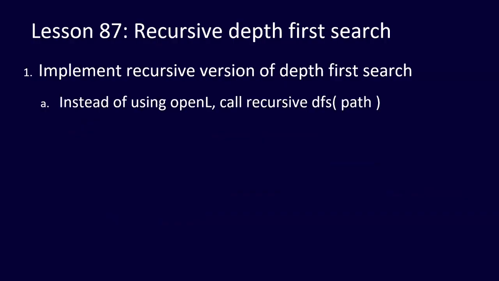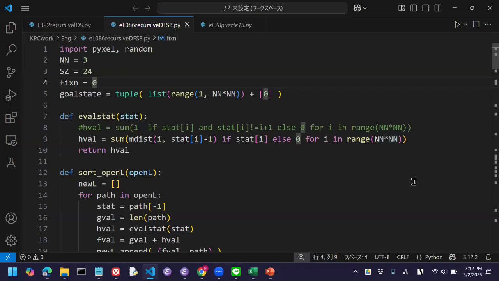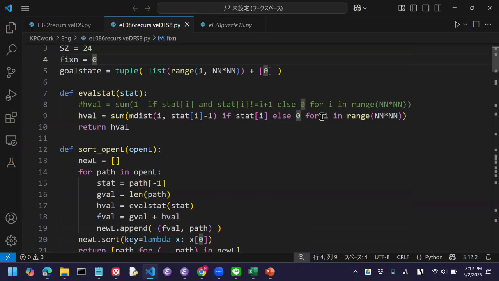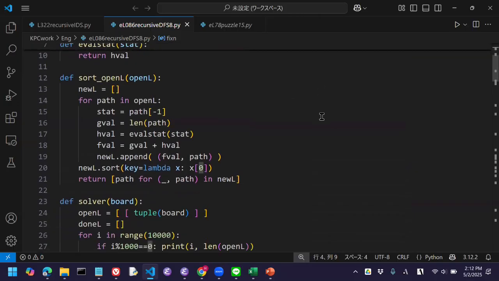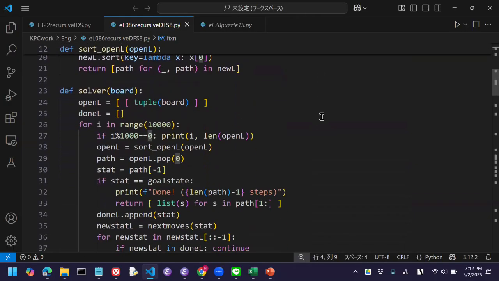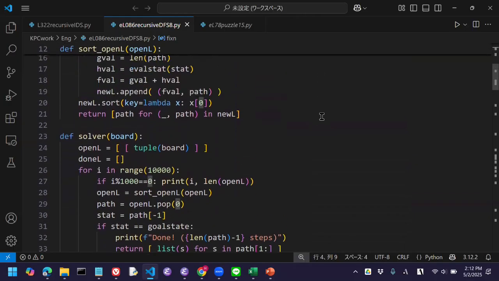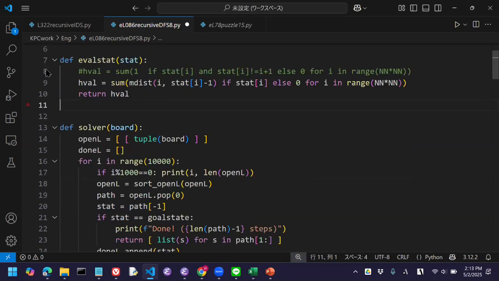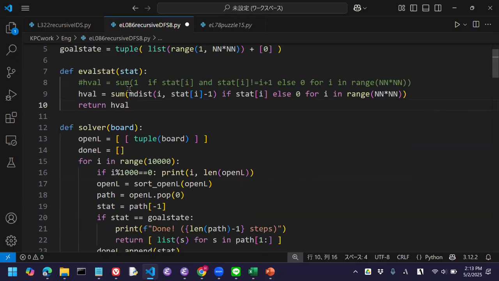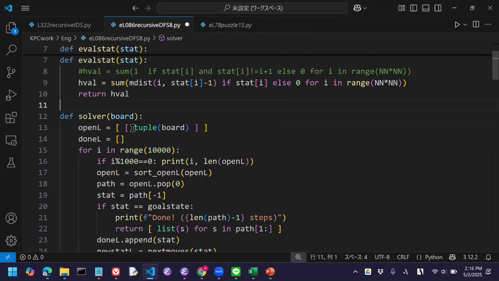Okay, so here, the code is like this. This one is just now the very plain A star search. So instead of that, in solver, we start to make DFS. So for example, we don't need sort open for the time being. We need eval start maybe later, so just leave it there and start from solver. So as last time, the starting state is this one. Tuple, yeah, make